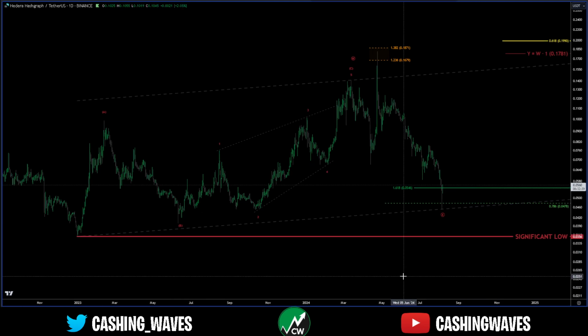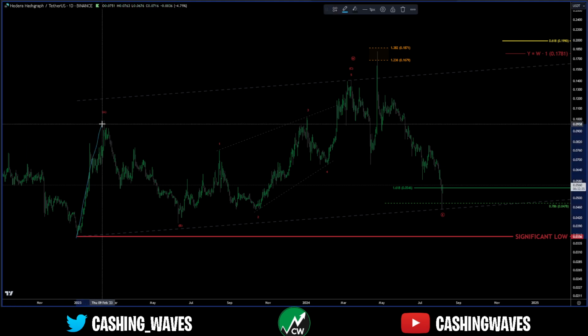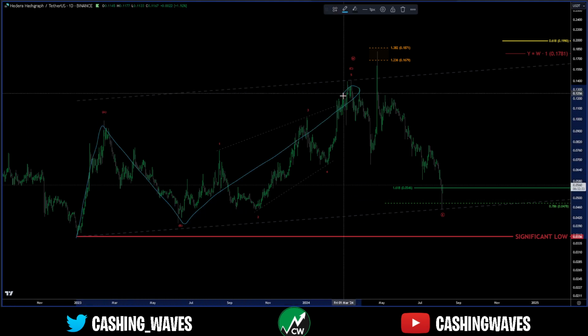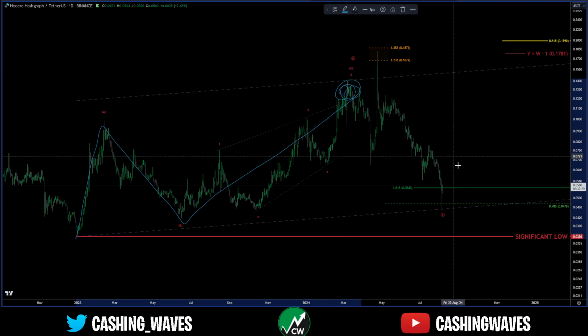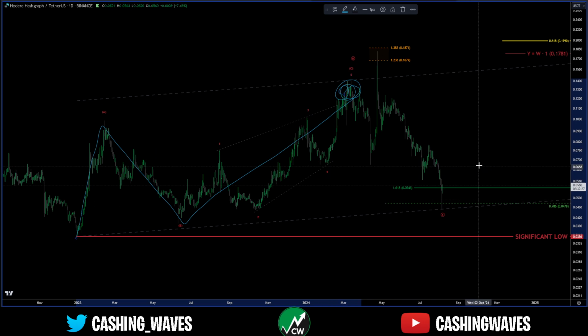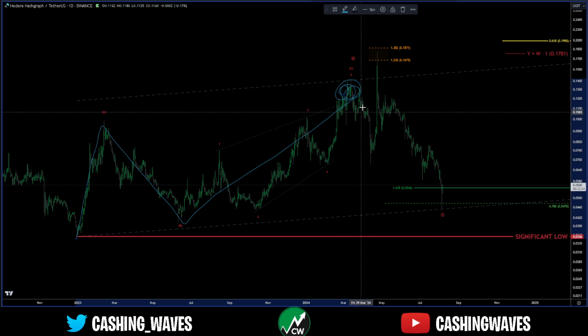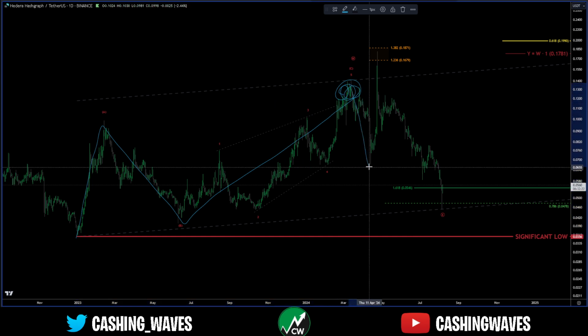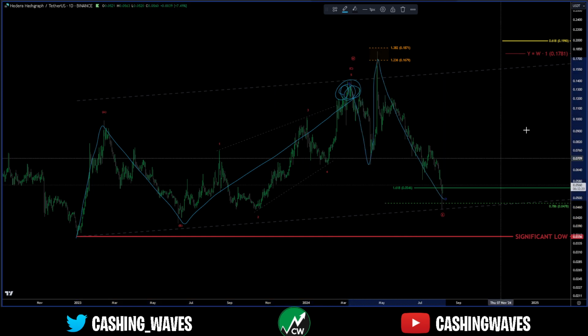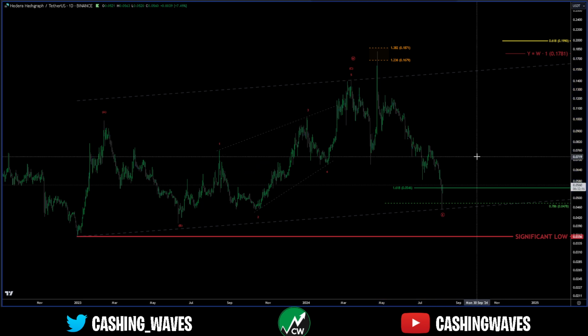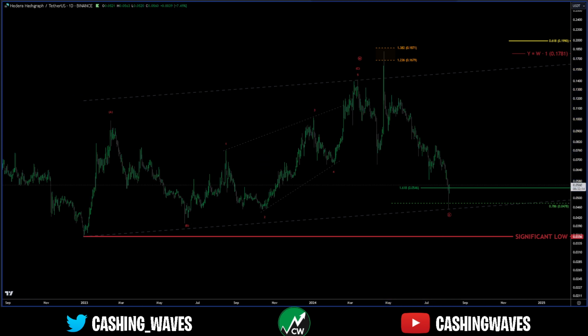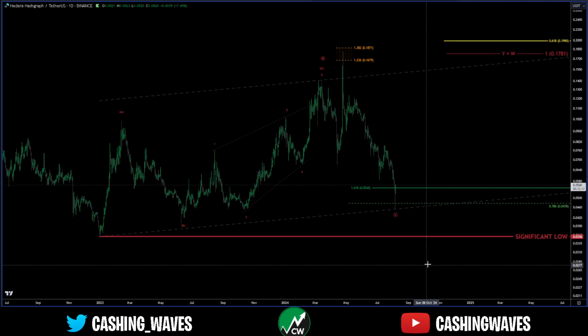Now off our significant low at 3.56 cents, I have this as a zigzag A, B, C ending in a C wave diagonal. This area was very difficult. We've been able to navigate it pretty good, but it's been a very, very tough structure. But I have this as a W, X, Y, X, Z. I'll have to show you that. And from here, my expectation is we hold this level if labeled correctly.